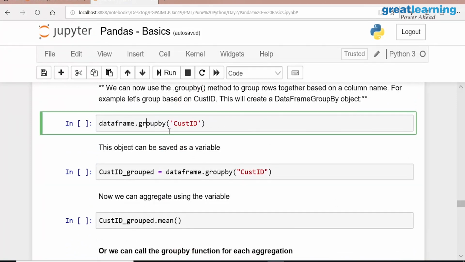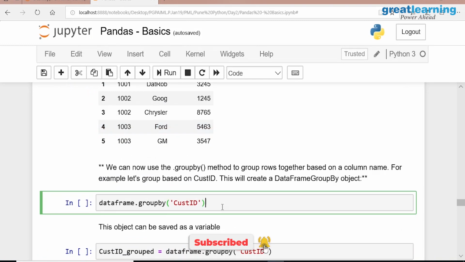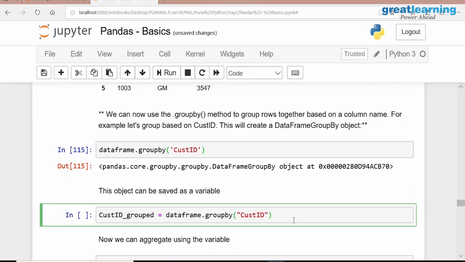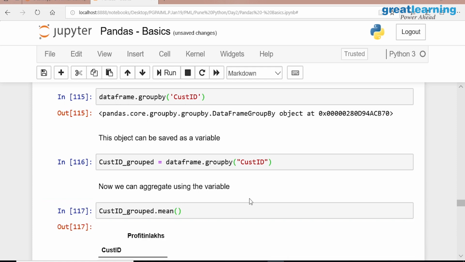Now there is a function called group by. So how many customers are there here? The same customers are repeating. Now you want to group by customer, and a new object got created for you. So you have to store that group result into an object. Now on that group, what do you do? It's an object which has only the group by each customer. That's why you always do an average operation or some numerical operation on it, correct? You cannot display that because it's in group format.